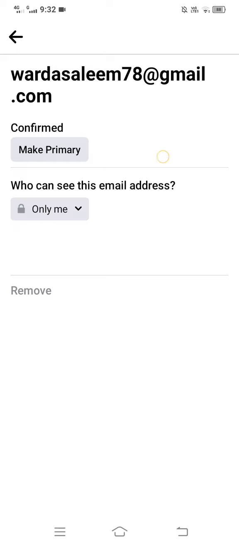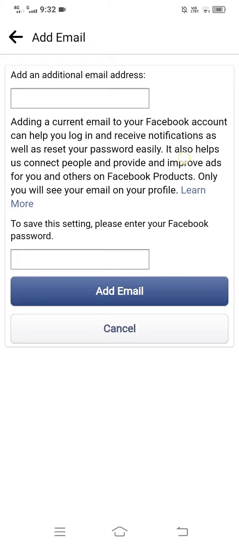you first have to add a new email address. So we are going to tap add email address at the bottom here, then add an additional email address. You can go in here and you can type in an email address that you want to add here,